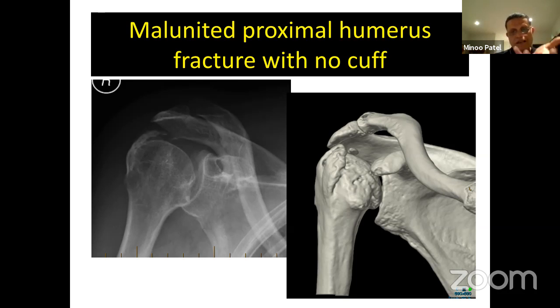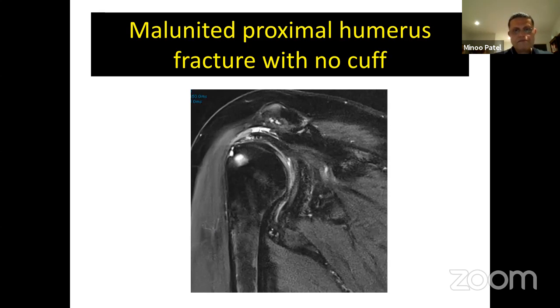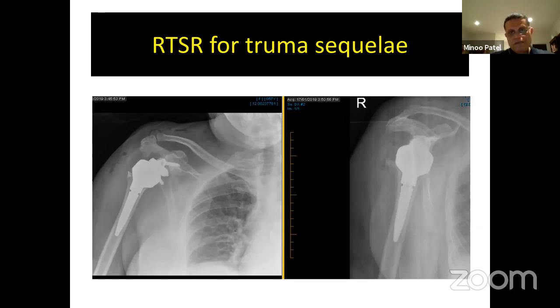And you can clearly see that the humeral head has migrated up. And again, on the plain X-ray, she was diagnosed as calcification in the insertion of the rotator cuff. CT clearly shows that's not the case. Essentially, it's just a tuberosity that has malunited. And you can again clearly see from the front-on view and the rear view, both the lesser and the greater tuberosities have malunited, and the head is just stoved under. And of course, when you have such a poor positioning of the cuff, you get cuff dysfunction, and the cuff just disappears. So I did this reverse total shoulder arthroplasty and felt very good, and she certainly did well for